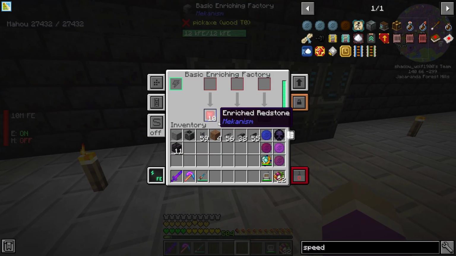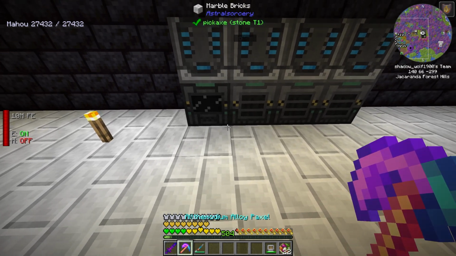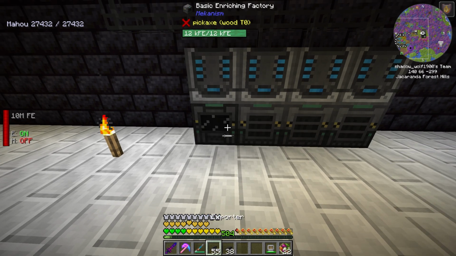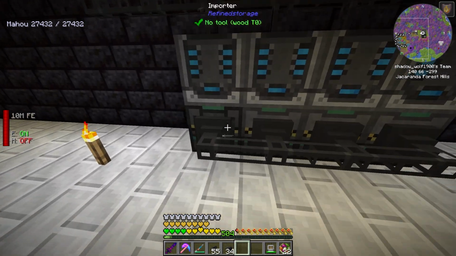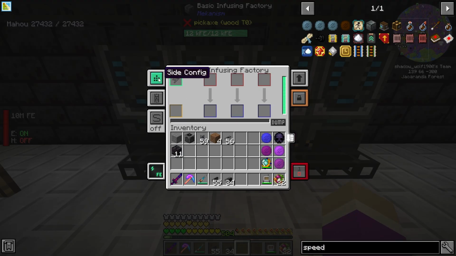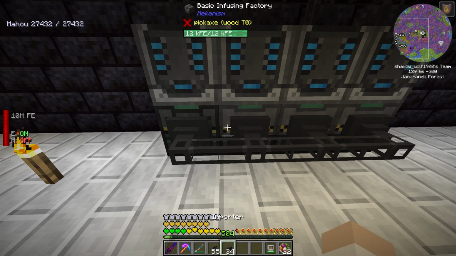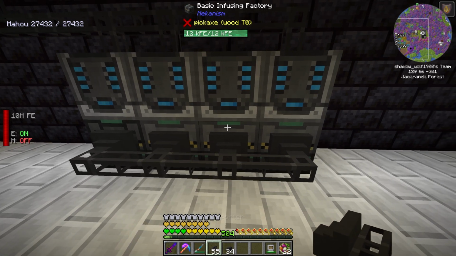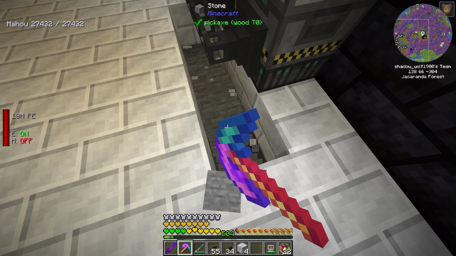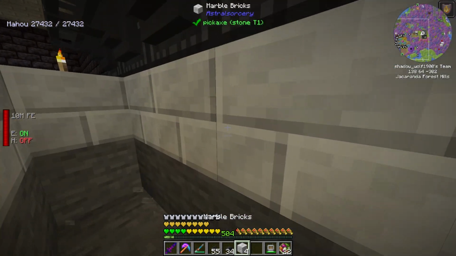But you can see it's made 10, and then we have no way to export this. So we just need to grab ourselves an importer and stick it onto the front and set the front export like that. And I want to also add exports onto the back of these infusing factories that are underneath it, because those ones are going to be set up to always input. Actually,